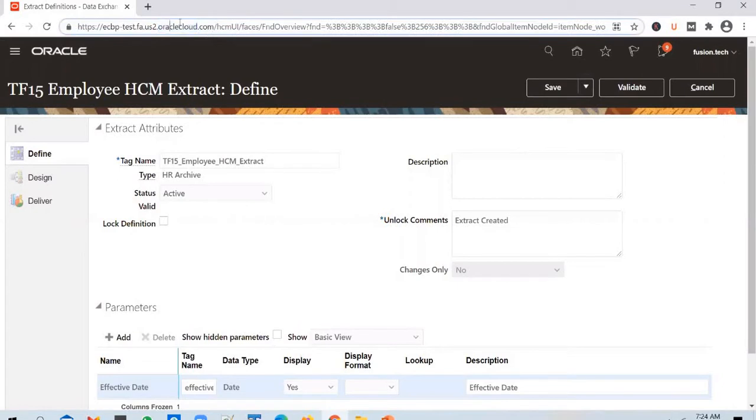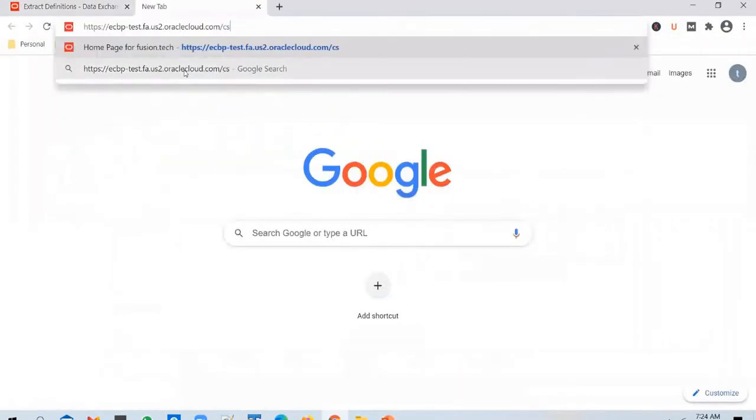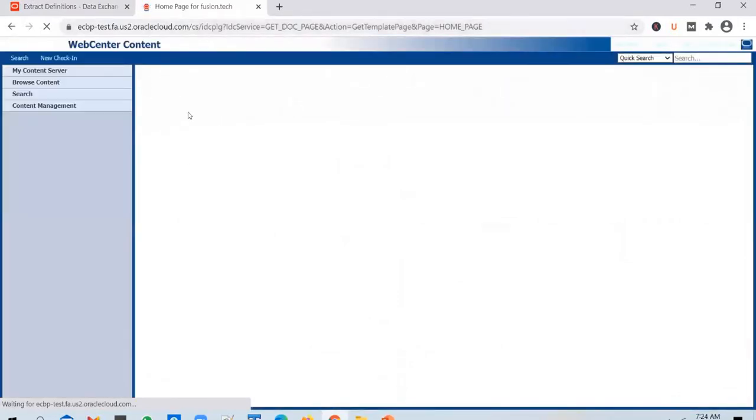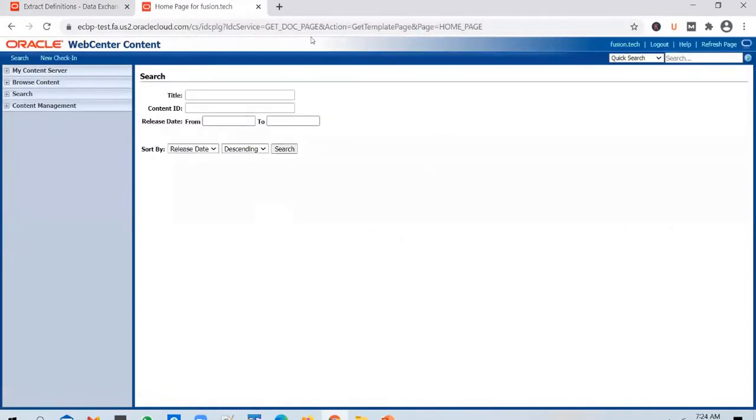How do you access that? If you take the instance URL and put a CS at the end, that will take you to a content server page, content server or UCM or web center content. Everything means the same. Just think of this as a place where you can upload and download files.